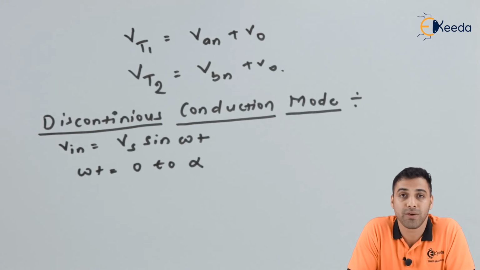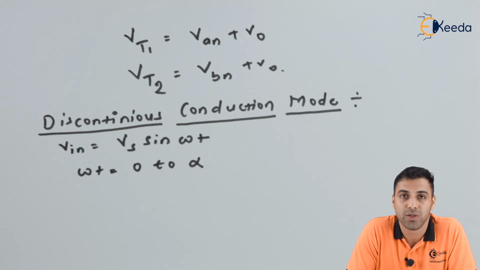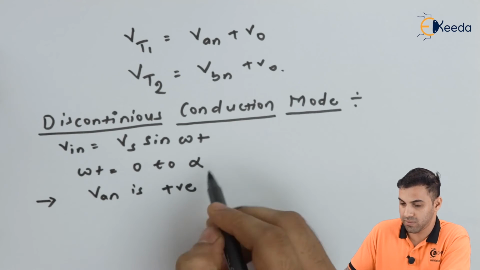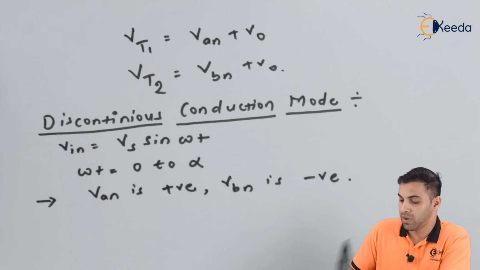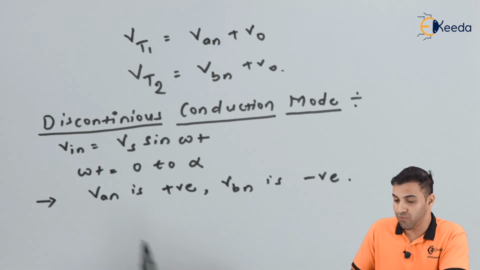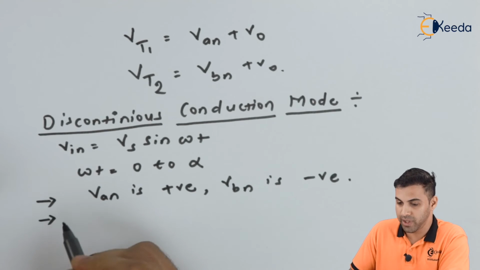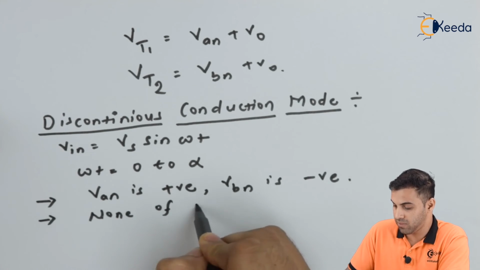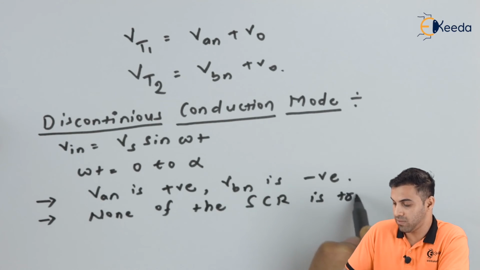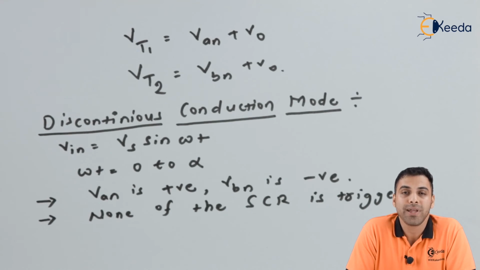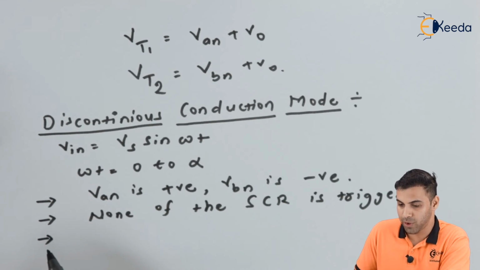So when we are talking about the discontinuous conduction mode, there are different points. In a discontinuous conduction mode, VAN is positive and VBN is negative. The next point would be, none of the SCRs are triggered. As none of the thyristors conducts, that's the reason we are not getting any output voltage, hence not any output current. Now friends, the third important point would be,